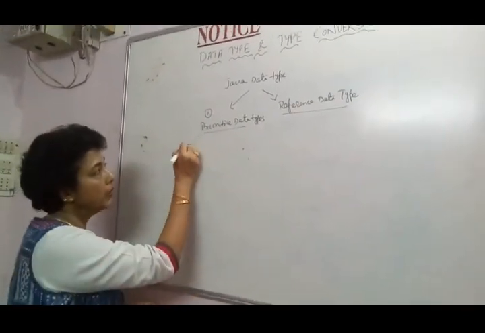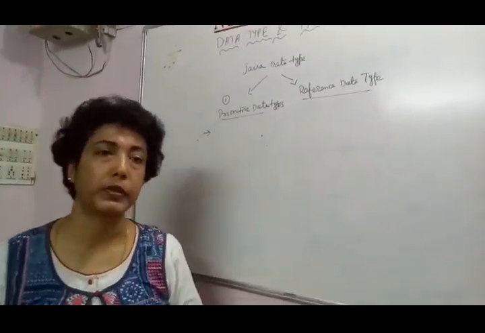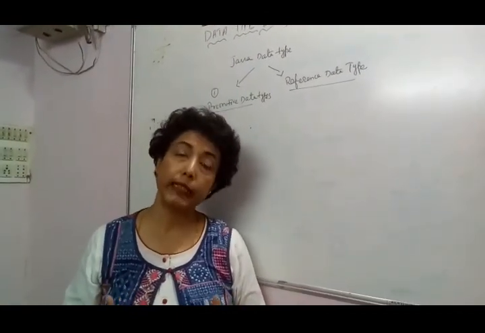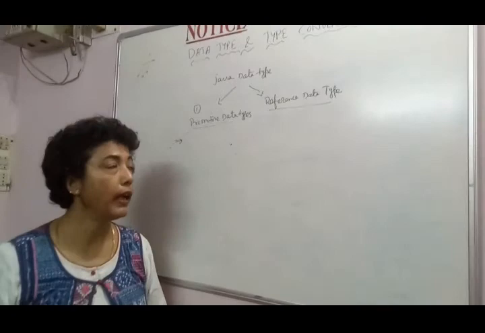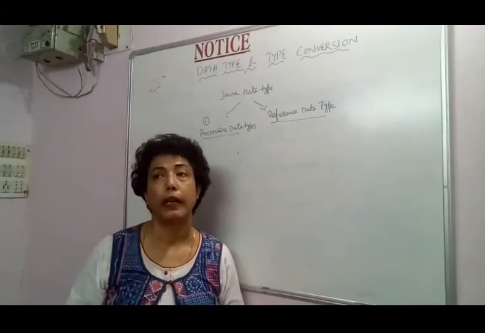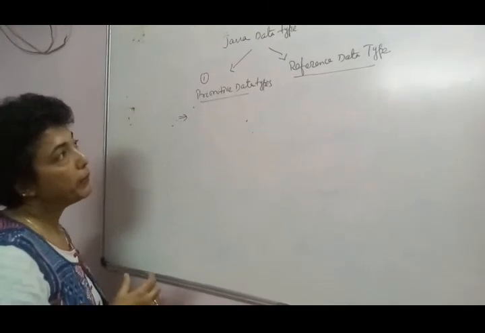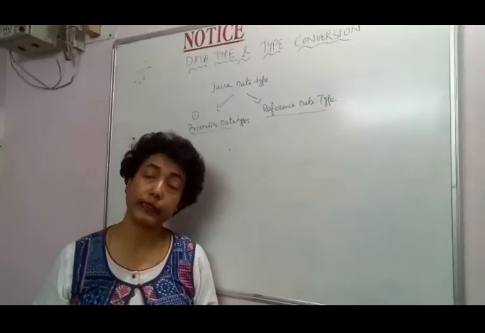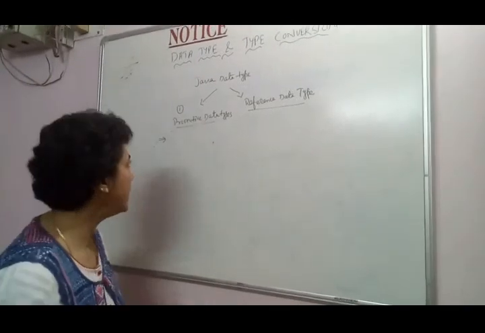First of all, coming to primitive data types. What is primitive data type and what are its types? Now, primitive data types are the fundamental or the basic data types of Java. These are the built-in data types of Java, and they use a specific size of memory bytes, and they are of 8 types, right? So I repeat, primitive data types are the built-in data types of Java. They use a specific size of memory bytes, and they are of 8 types,